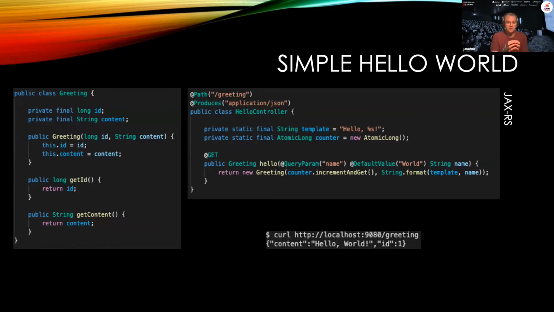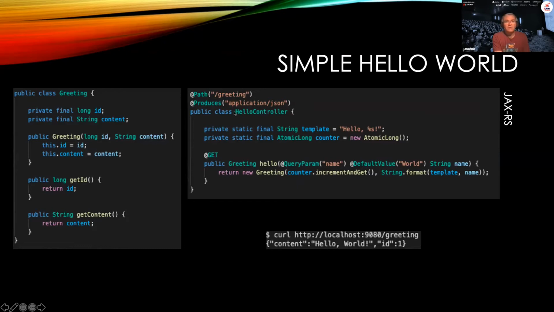And what I've done is I've basically rewritten the code from that Spring guide to do the same thing in JAX-RS and Micronaut. So it uses a greeting class. It's just a simple POJO that has an ID and a string for the content. And so the idea is that this would be returned back as JSON to the user. Very simple, it's hello world, right?